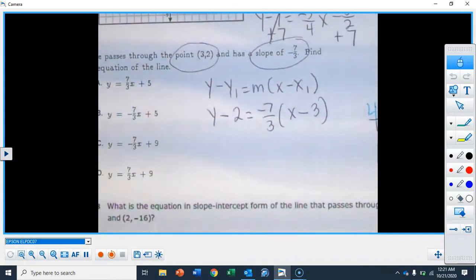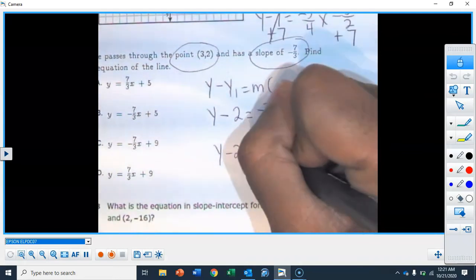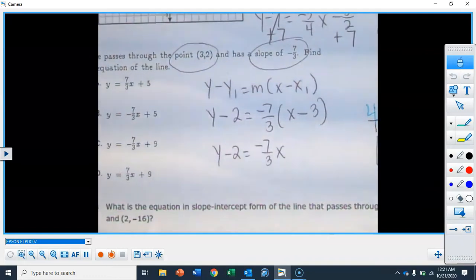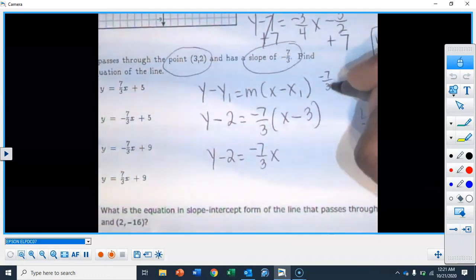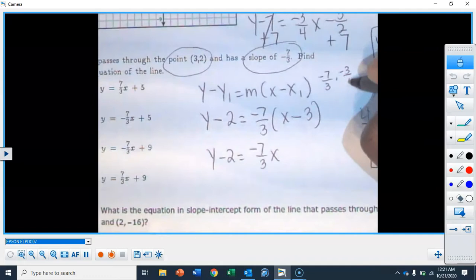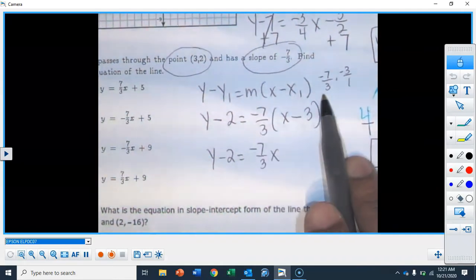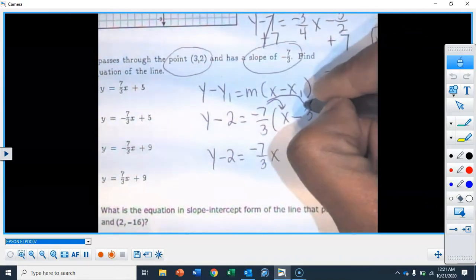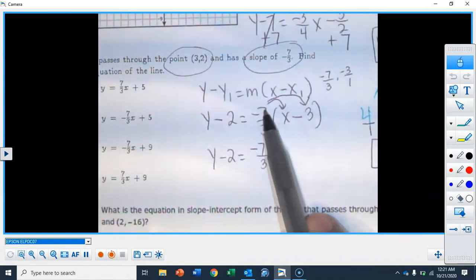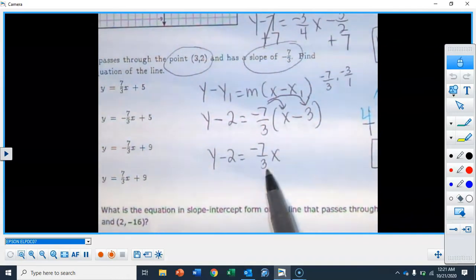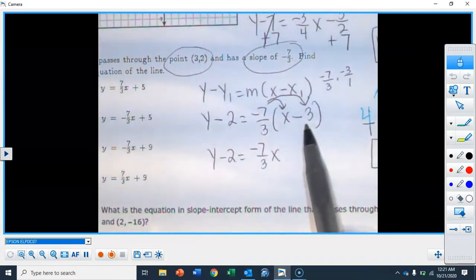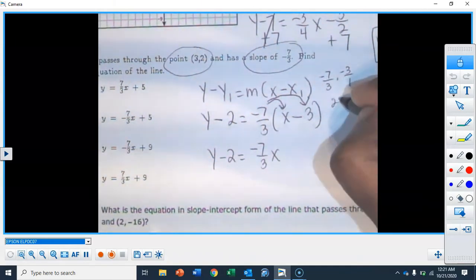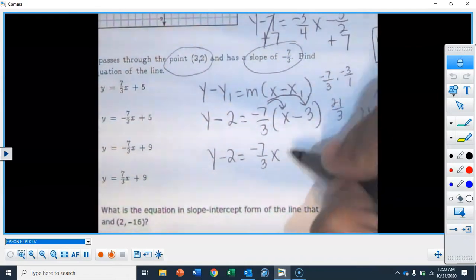So I know I got to do the distributive property. So negative 7/3 x. And then my scratch work, just real quick, is if I had negative 7 over 3 times negative 3 over 1. So remember, this was negative. So I put negative 7 over 3, and then I'm doing multiplication. Oh, let me show you the arrows so you know I'm doing the distributive property. So negative 7 over 3x is negative 7/3 x. Negative 7 over 3 times negative 3 over 1. See, this is positive 21 over 3. So that's where I get a plus 7 from.